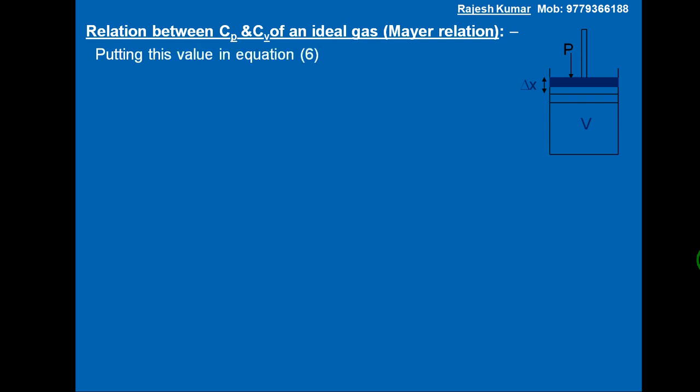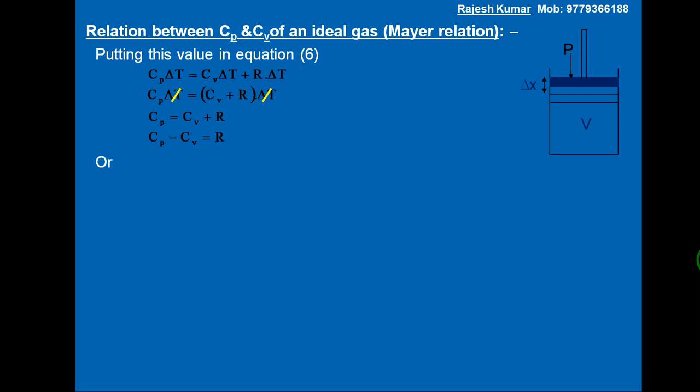Putting this value in equation number 6, we get Cp into delta T is equal to Cv into delta T plus R into delta T. Now in the right hand side, delta T is common. So take it common. We get Cp into delta T is equal to Cv plus capital R within the bracket into delta T. Delta T cancel each other. So we get Cp is equal to Cv plus capital R, or Cp minus Cv is equal to capital R,